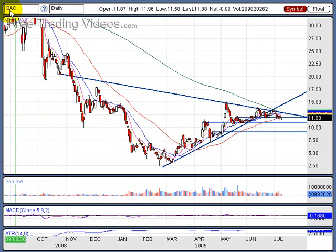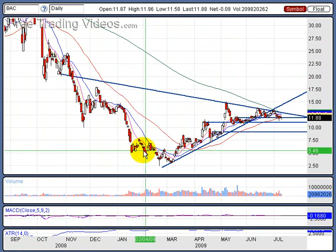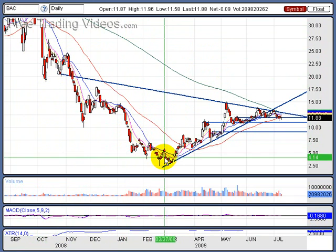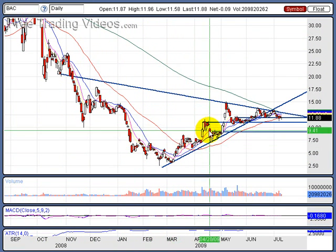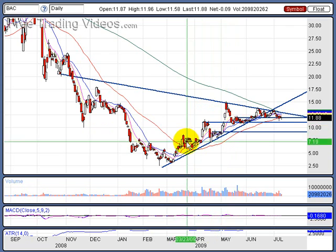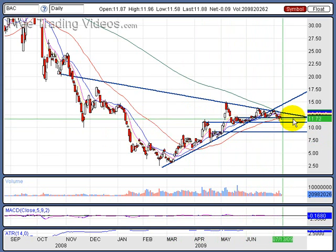And this is Bank of America, BAC. I had this big downtrend, and then we go into a falling wedge type formation here, and then we rally north. And we just kind of chop around, up, down, up, down, up, down. We're sideways, kind of a trading range type